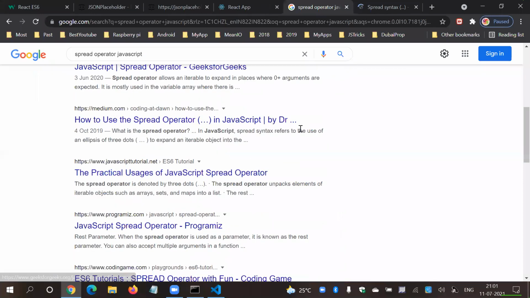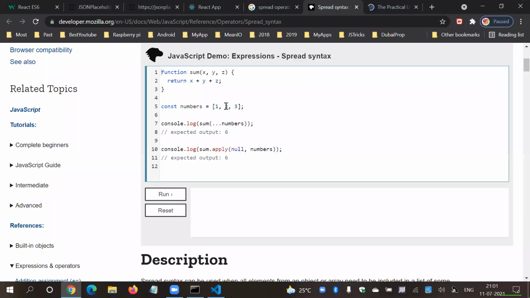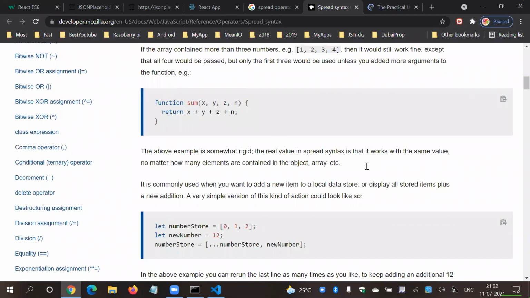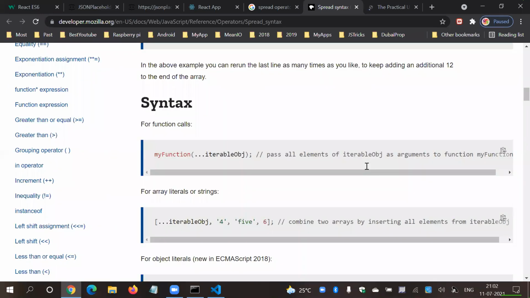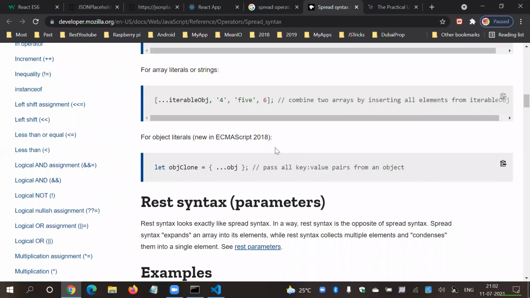So spread operator, basically, suppose you have an array of numbers, but you don't want these brackets, you directly want these numbers, you can directly use spread operator. This is not the right example. I want something else.